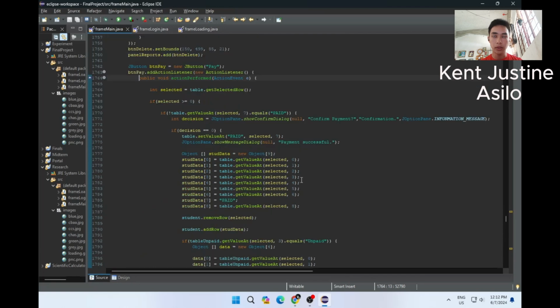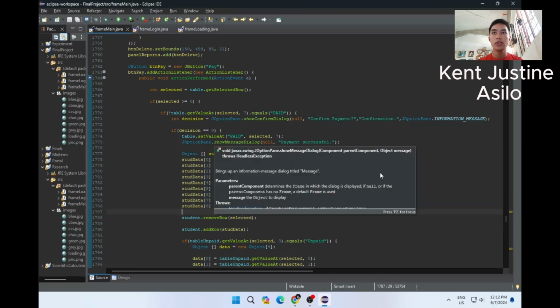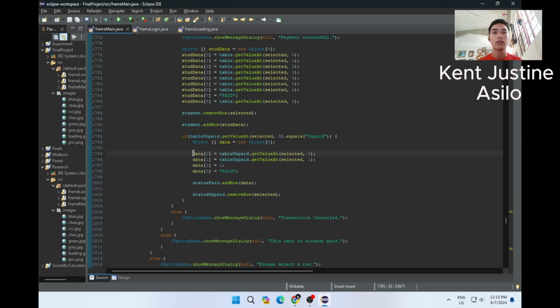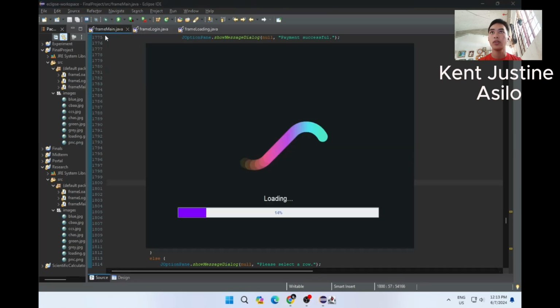And when the user pays, we get its data and transfer it below the table, and also we get its data from unpaid.